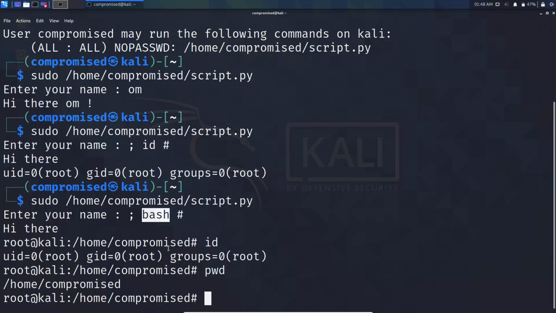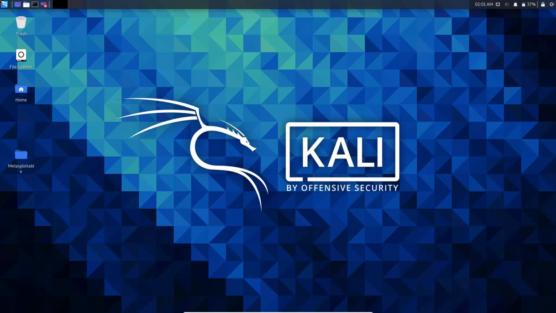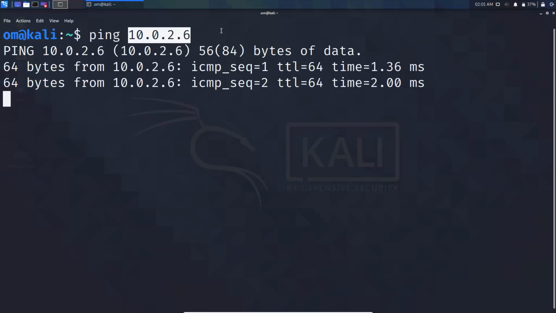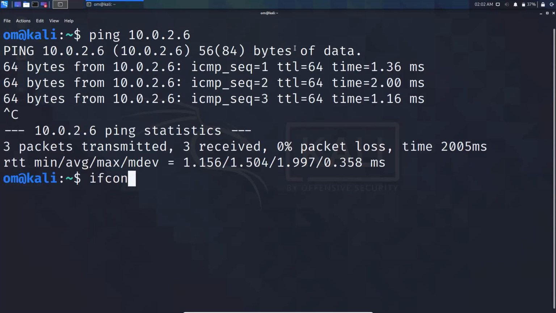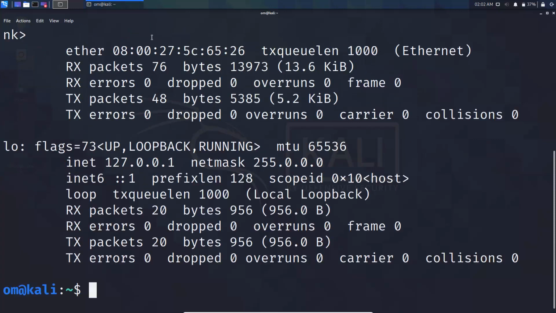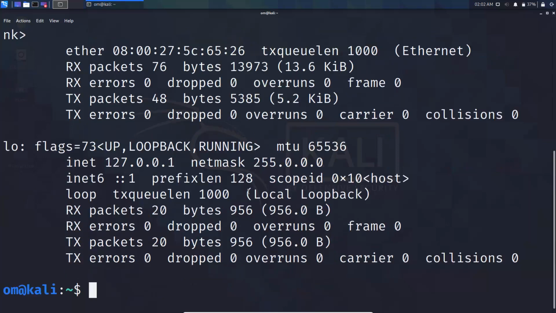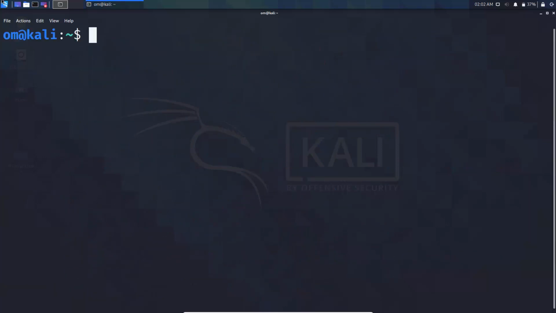So now let's exploit this on a web application of Metasploitable. So I have got Metasploitable booted up, and Kali Linux and Metasploitable are both connected to the same NAT network. I'm going to open up a terminal and ping the Metasploitable machine, which has the IP address of 10.0.2.6, and my machine has an IP address of 10.0.2.5. So we are going to open up Firefox, since we need a web browser,